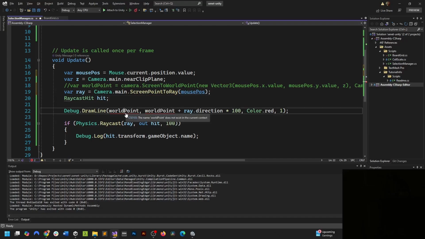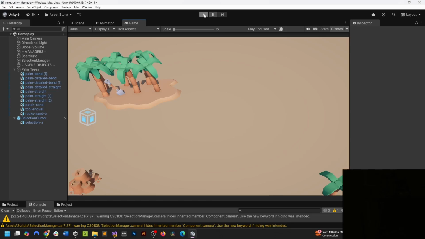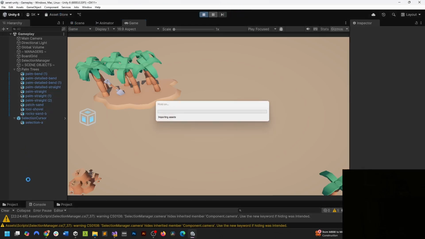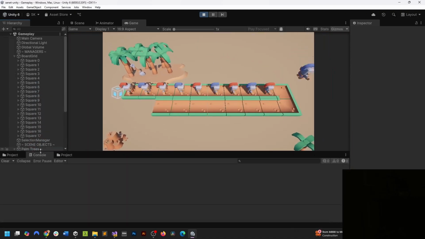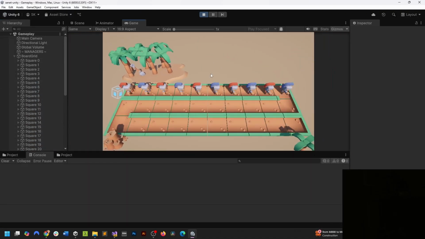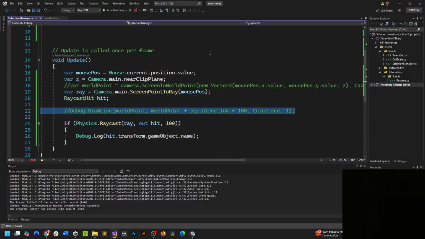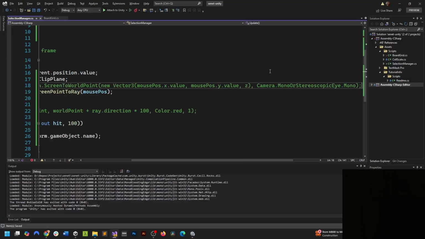Okay, and then let me just cancel that. All right, let's see what we got here. Got our console window. So cast array in here. There we go. Okay. Nice. Okay. So we are getting those values there. Perfect. Okay. So now that we have our raycast,